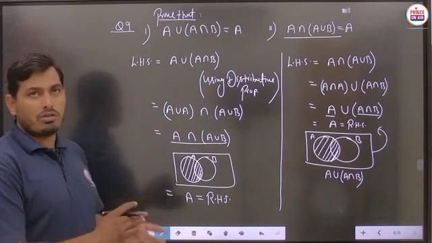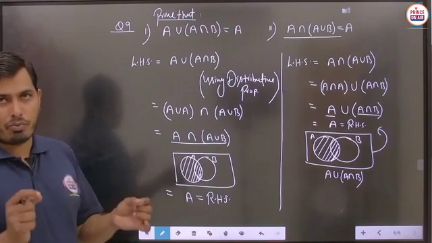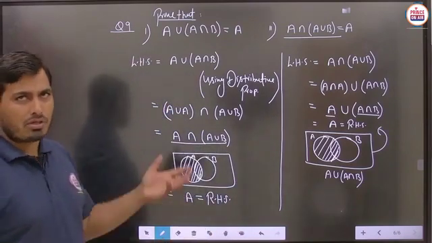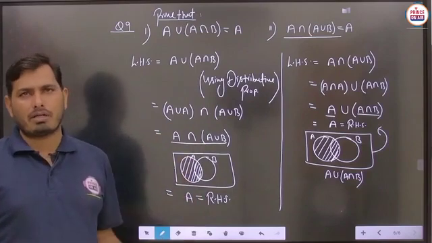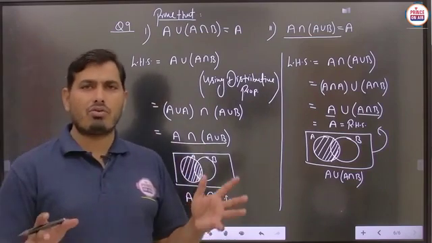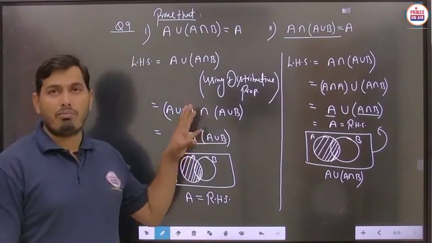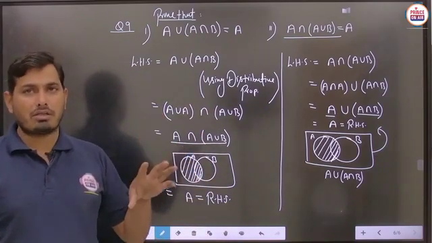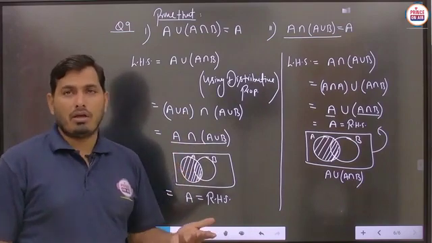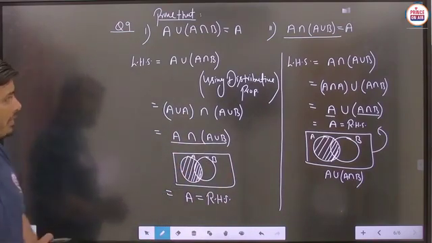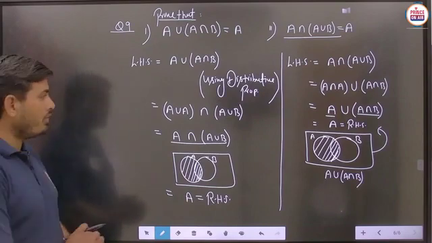So student, in this question number 9 only the distributive property is used in both of the cases, and you can also prove these types of questions with the help of some particular example. In examination this is not the wrong way, but we are applying the basic properties and proving the things in the general way. Is it clear? Next we are taking question number 10. Before that, pause the video to note it down.